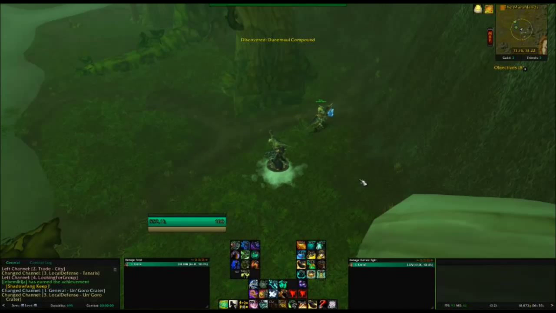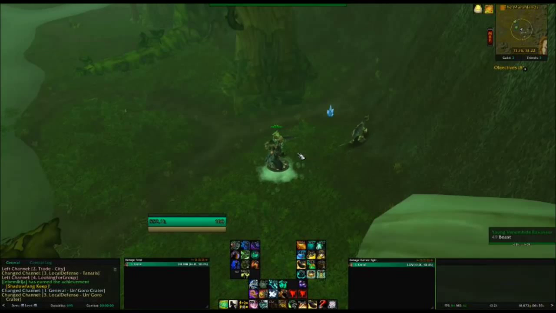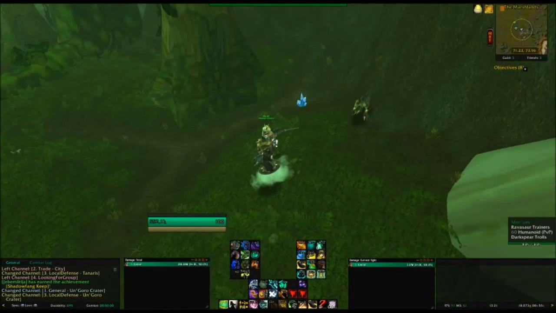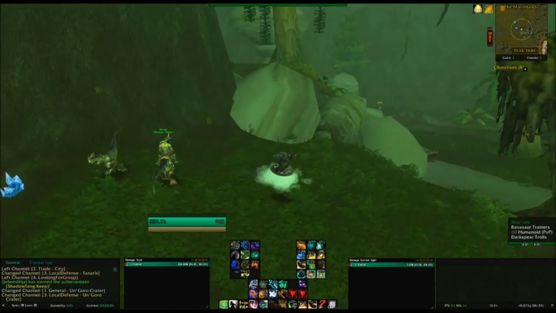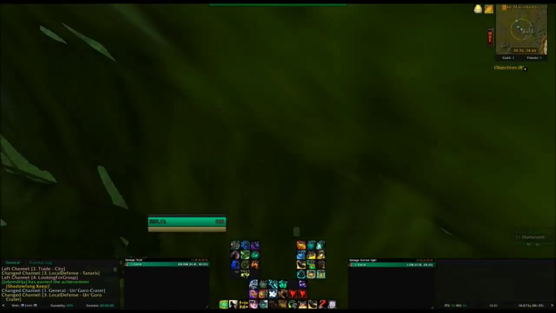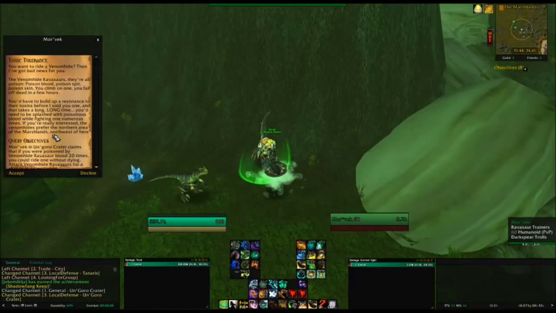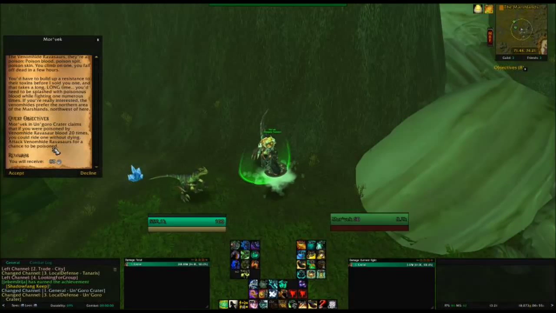Okay, so here we are in the Un'Goro Crater, and as you can see we're just near the entrance from Tanaris, this little road going down here, and you'll find this troll running around. He's just the opposite side from the starter quest when you enter Un'Goro Crater, just the other side of the little stream. And so if we click him, he will give us a quest called Toxic Tolerance, and